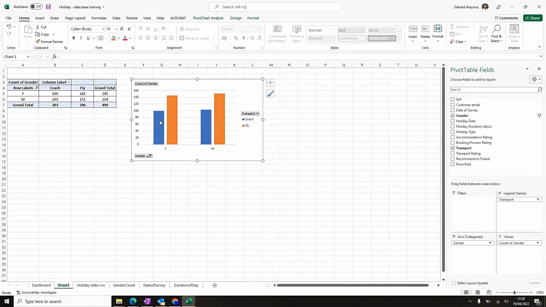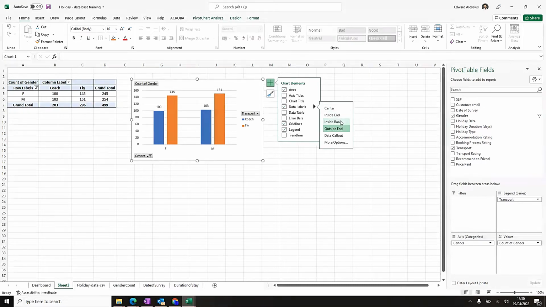Right now, if you see, there are only the graph bars here. So to show the values, click on the plus sign, go to data labels, click on data labels. If you want these data labels to be on the bar itself, you can just go here, click on this arrow, and it shows,